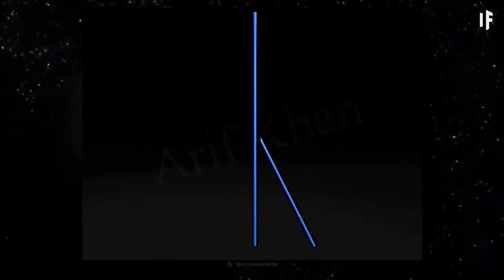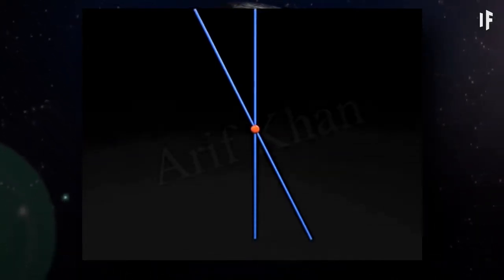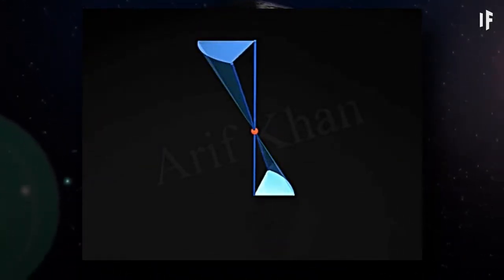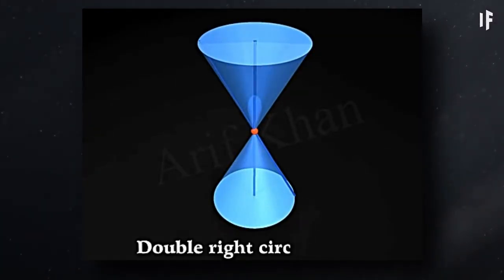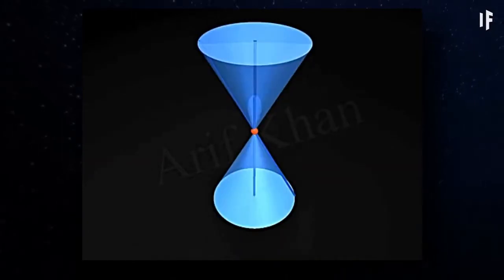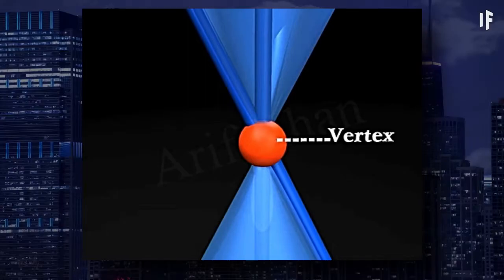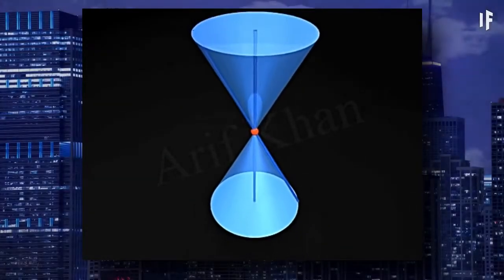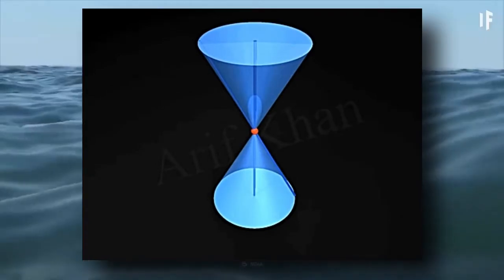When a straight line intersects a vertical line at a fixed point and rotates about that fixed point, the surface obtained is called a double right circular cone. A double right circular cone consists of two cones joined at a fixed point called the vertex. The line that rotates about the vertex is called the generator, and the line that remains fixed is called the